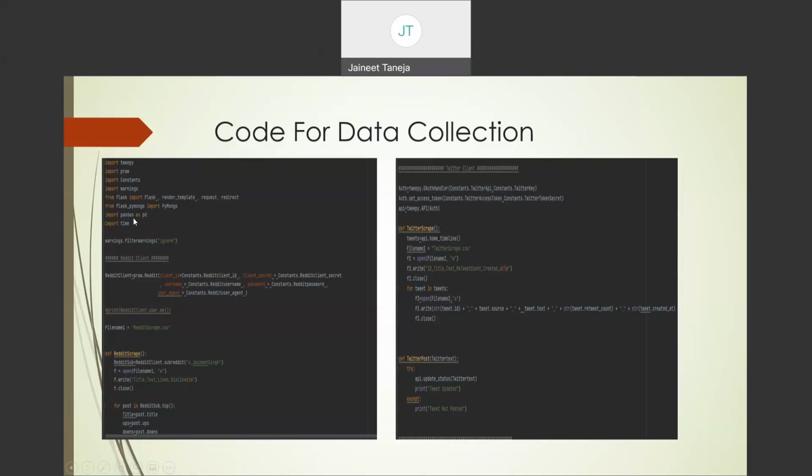Import pandas. Pandas is basically for data frames. So the data is collected in CSV, and the CSV is turned into data frames using pandas, and that data is loaded into Mongo. So Flask PyMongo is for the PyMongo clients, and pandas will help us with the transformation from CSV to data frame.